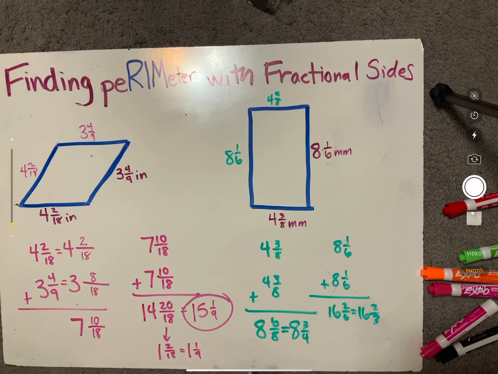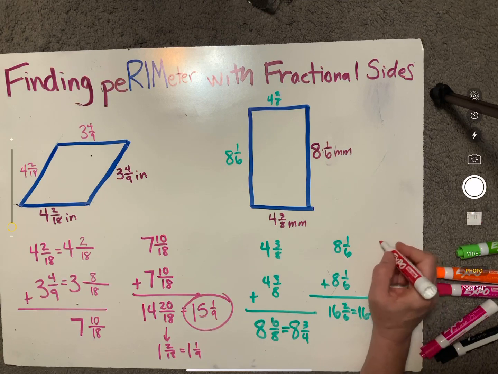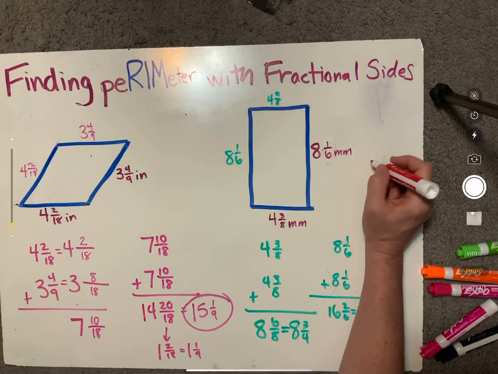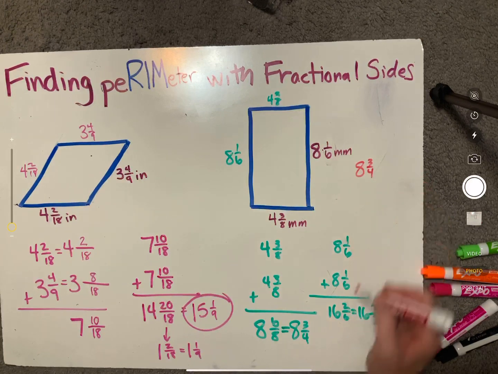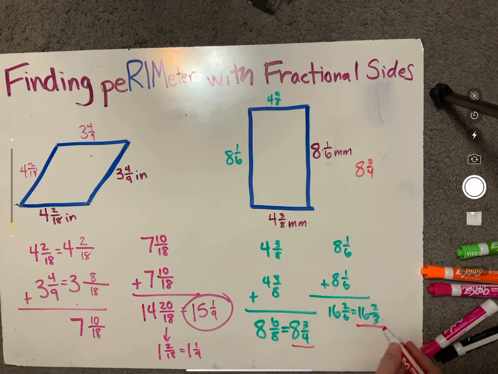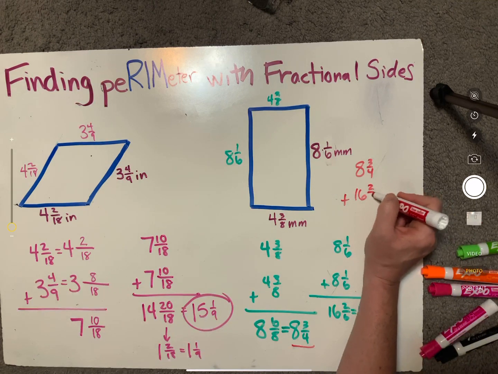So now we're going to need to add those two answers together. So if we take 8, I might move this up here because I'm running out of room. If we take 8 and 3/4, which was our final answer here, and add it to the 16 and 2/3,